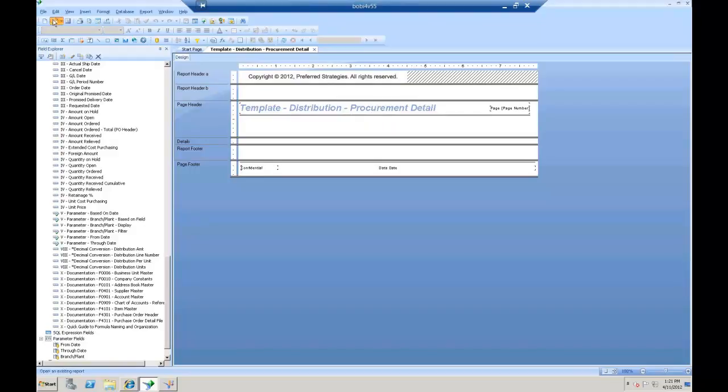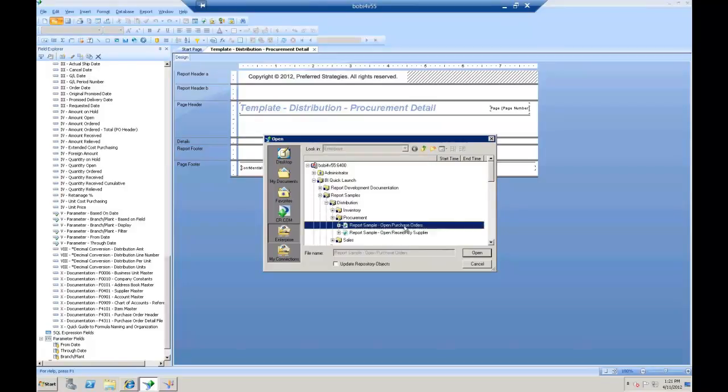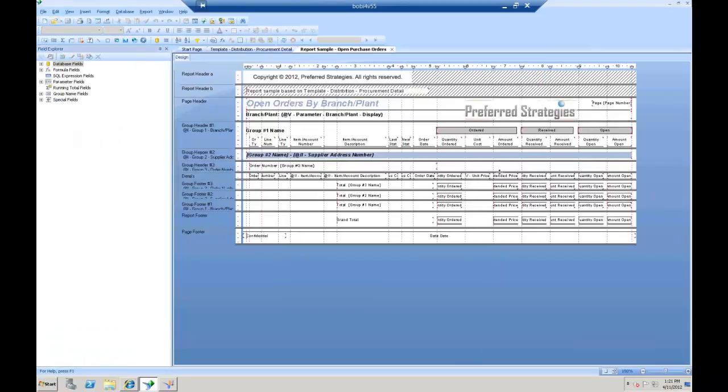There's also samples that are there as well. So that was under templates, but if I go to report samples and look under purchasing, here's an open PO example. If I go ahead and open that up, here's a report that was built off that same template, but it already has formatted data, grouping and calculations that go beyond what was out of the box with the template. So both of these are delivered with our package. But if I go ahead and refresh this,